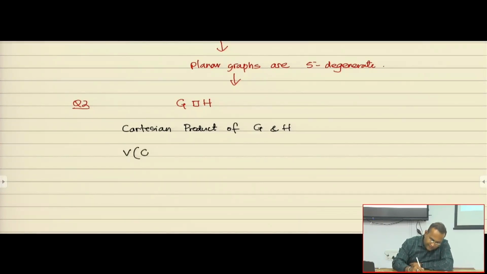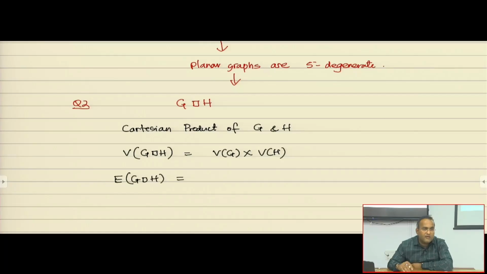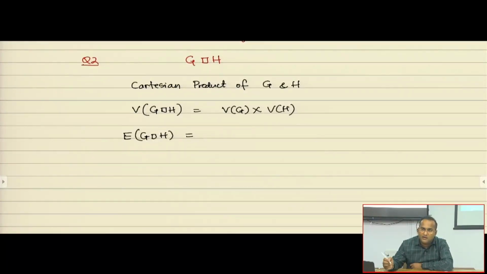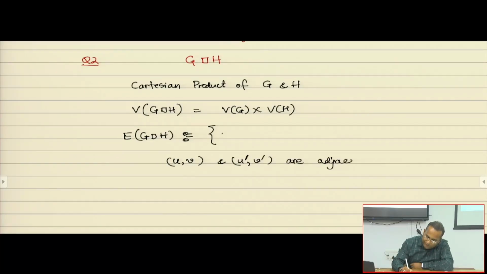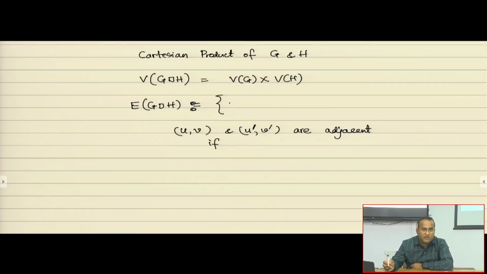The vertex set of this is the Cartesian product of the vertex sets. And the edge set is defined like this: let us take (u, v) and (u', v'). They are adjacent